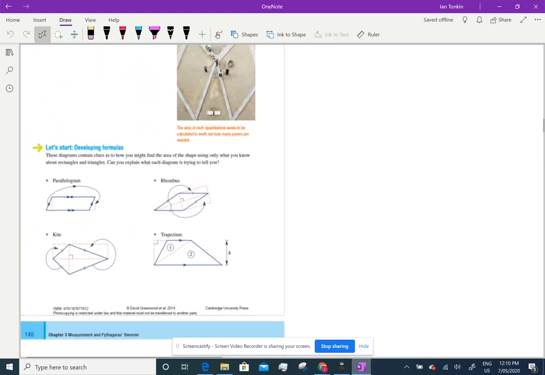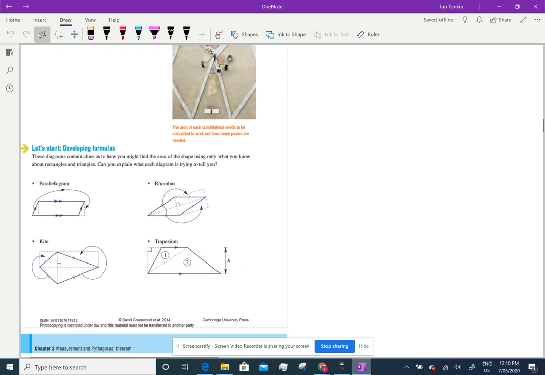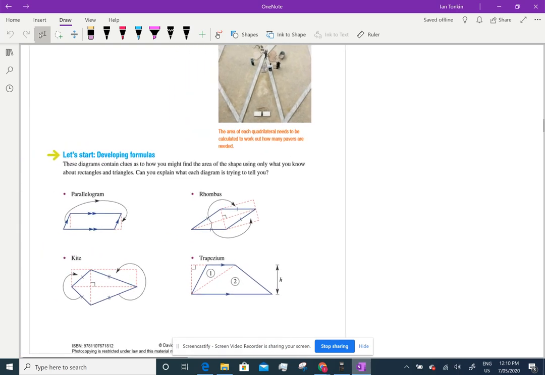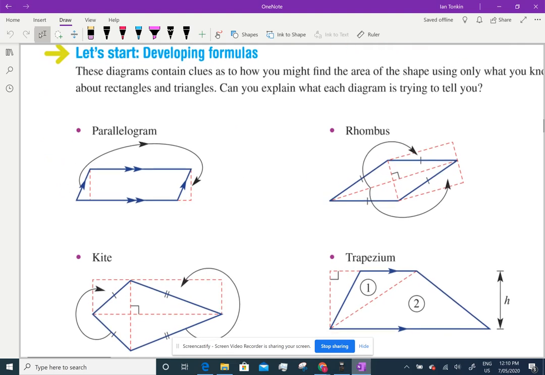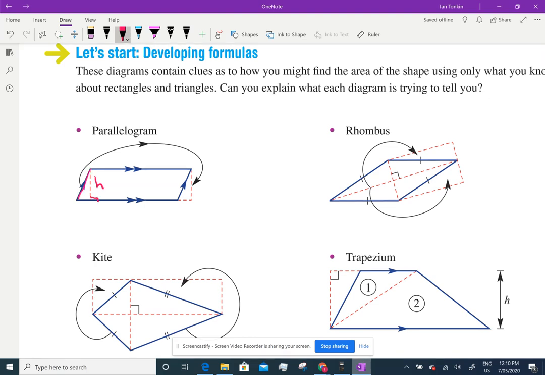Because the first thing we need to do is develop formulas. Now, they've given us these four shapes here that we're going to be finding the area of. Now, the parallelogram we've already done, and it's pretty easy. So if we look at a parallelogram, we can see that this is the height because it's perpendicular. And if you cut this piece off here and put it in over here, what you get,